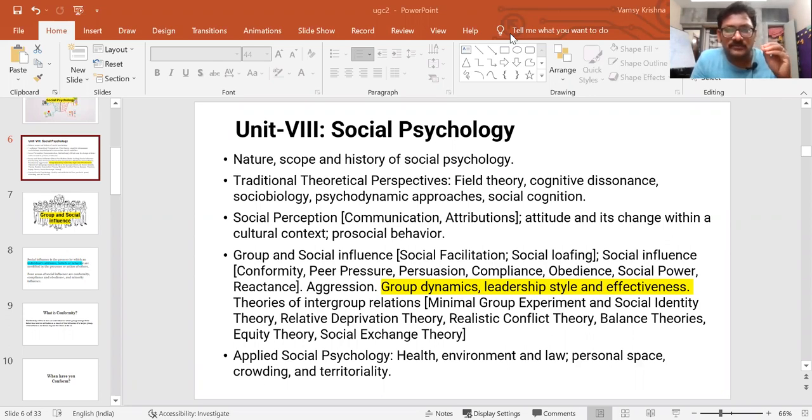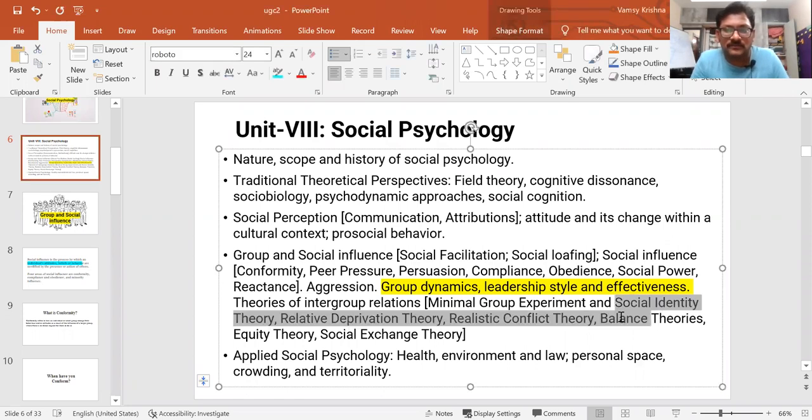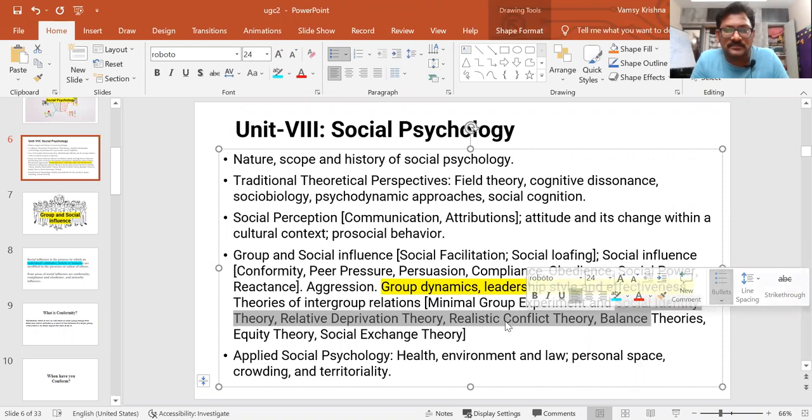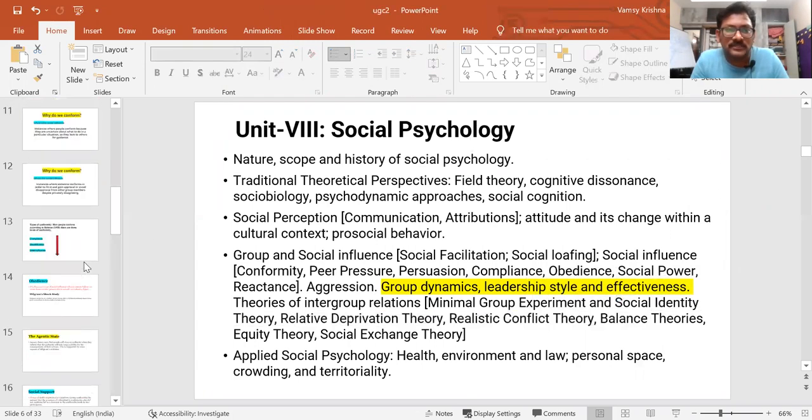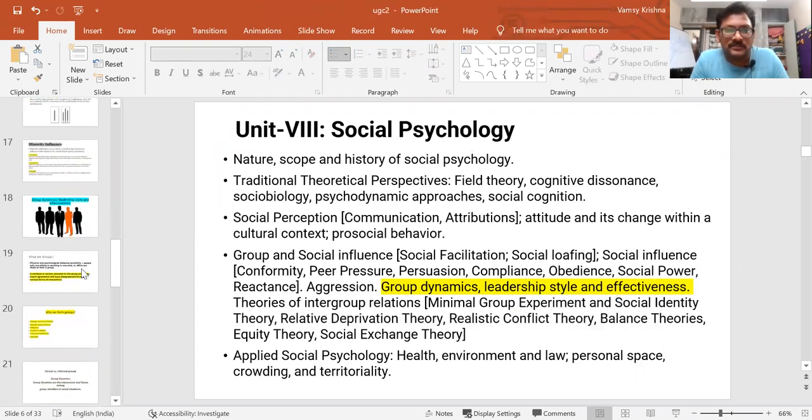So today we will be going to discuss a few of the theories. Last time we discussed the minimal group experiment. So today we will try to discuss social identity theory, relative deprivation theory, realistic conflict theory, balance theories, equity theory, social exchange theory. So we'll be trying to see them one by one. So today let's begin with